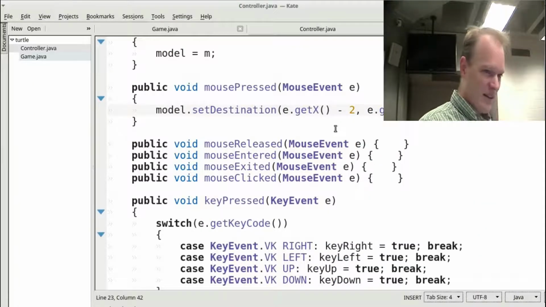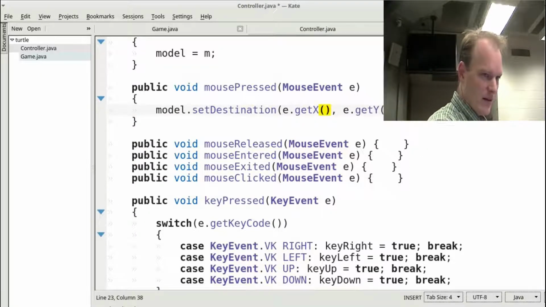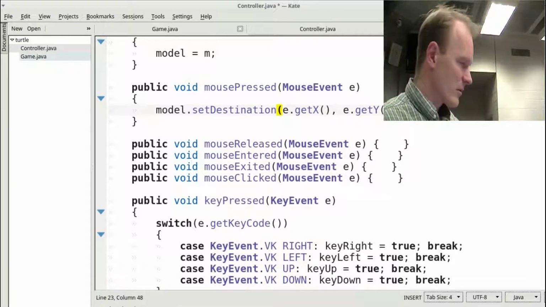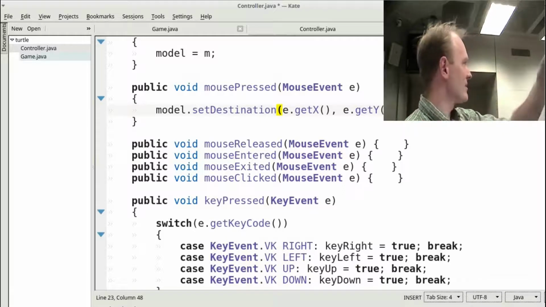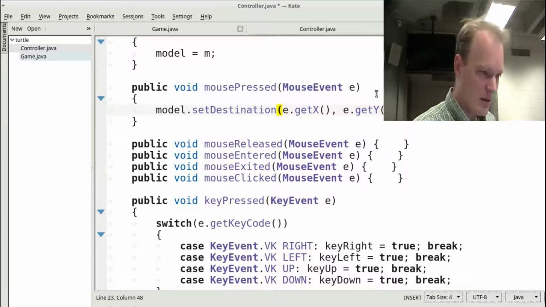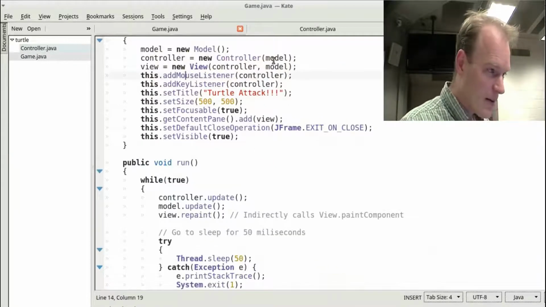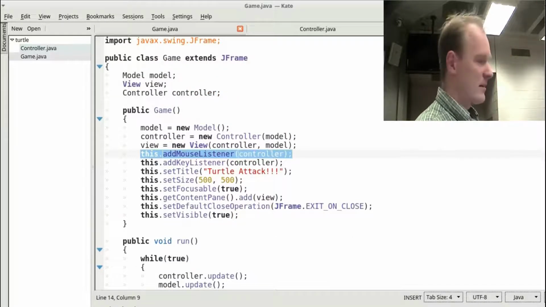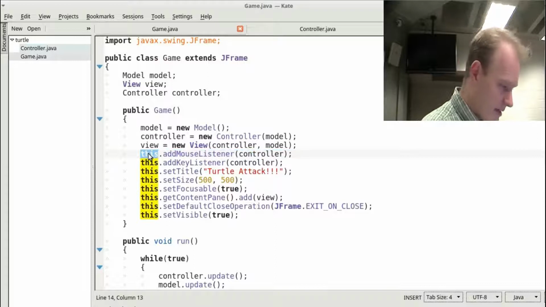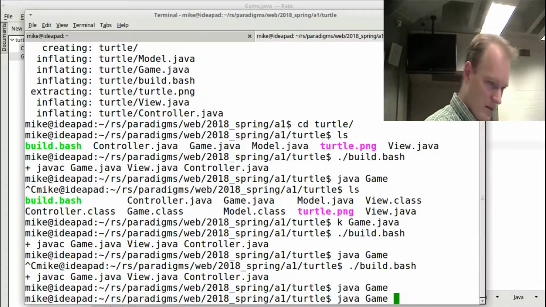So while, yes, you should be able to hack stuff because that's an important skill, it would be better to Google around for the right API that queries the exact height of that border and insert it right here. Or alternative solution is this. Let's go to the game class. See how I added this mouse listener right here? Instead, if I say view.addMouseListener, now